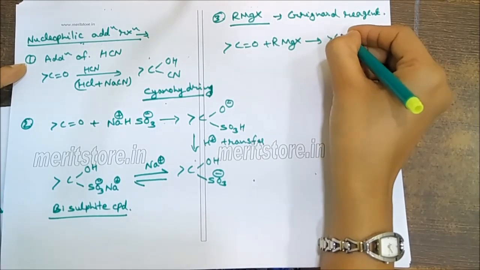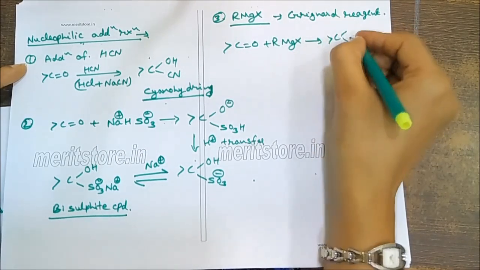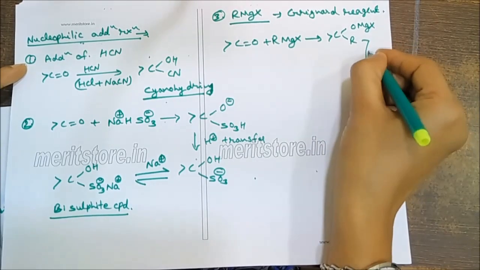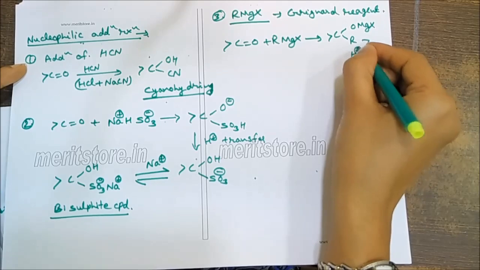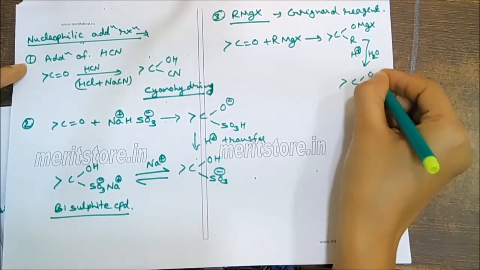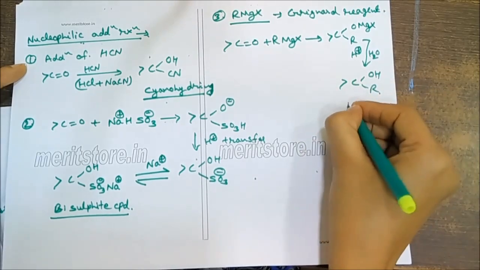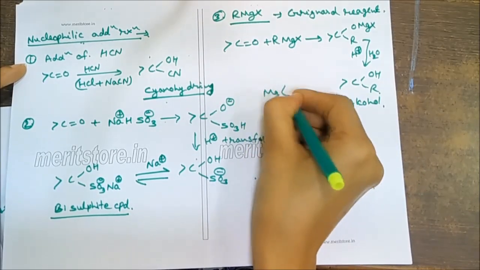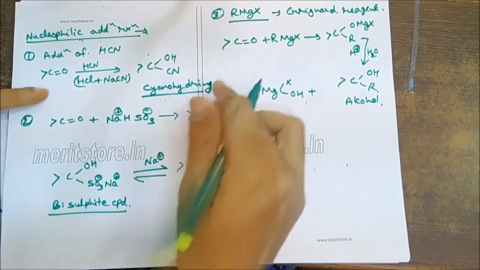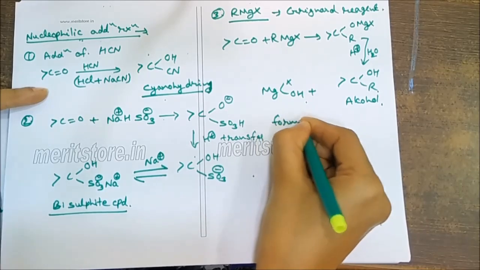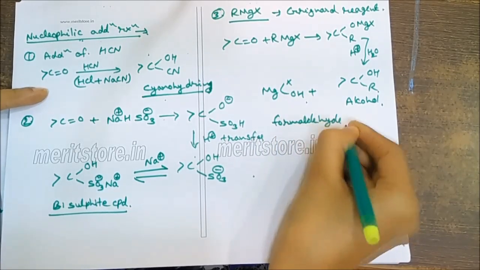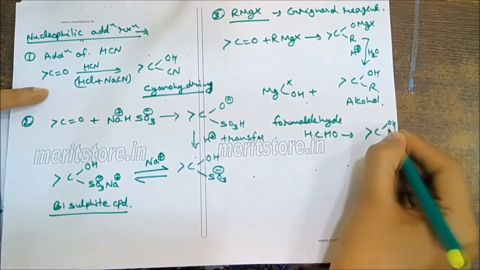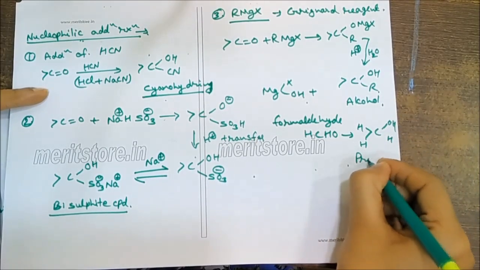First attack of nucleophile, then electrophile. And this will, after hydrolysis, make an alcohol. And the byproduct is NH. In this reaction, formaldehyde will give primary alcohol. This is our primary alcohol,